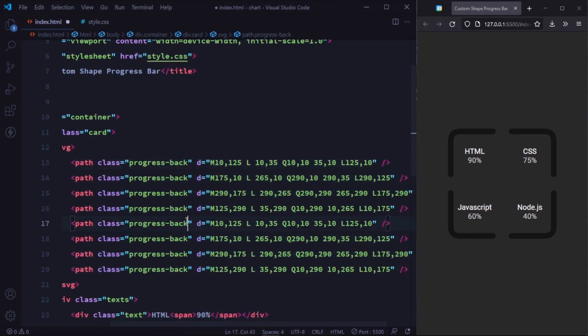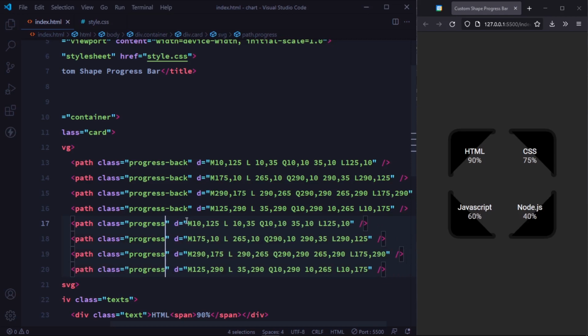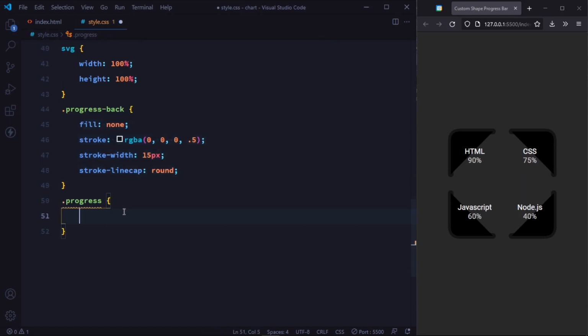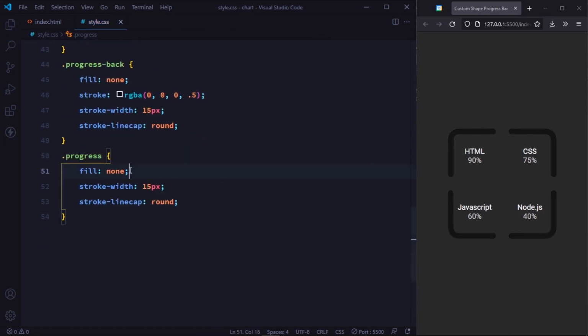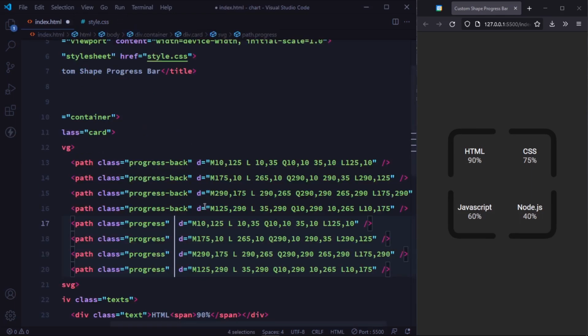Let's write the main progress bars. Just copy these and change the class name to progress. We need to color them. We can use nth child for each element or use inline style and use CSS variables and properties.